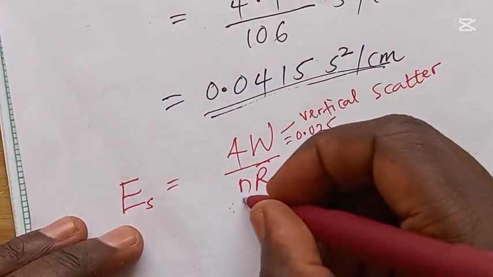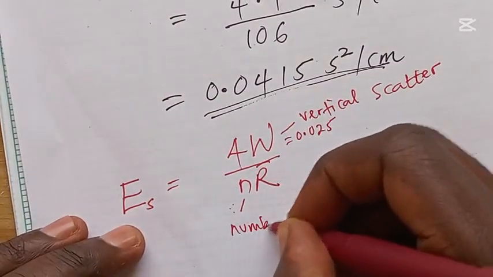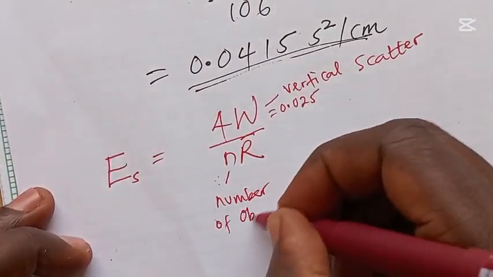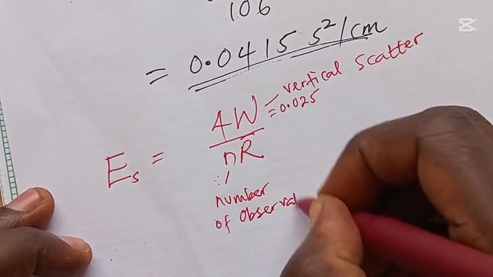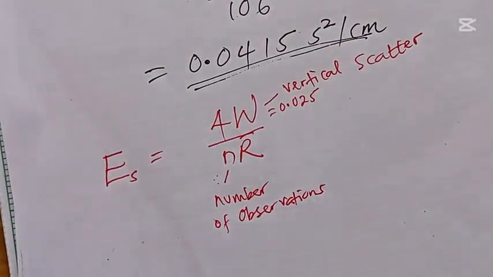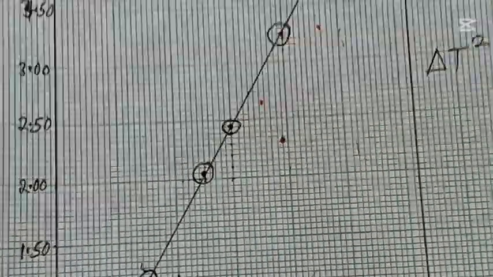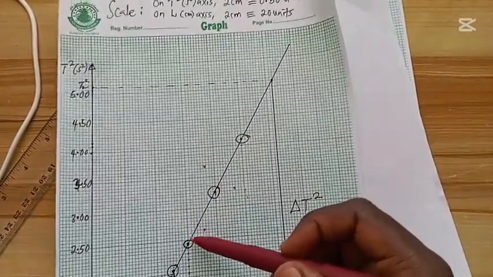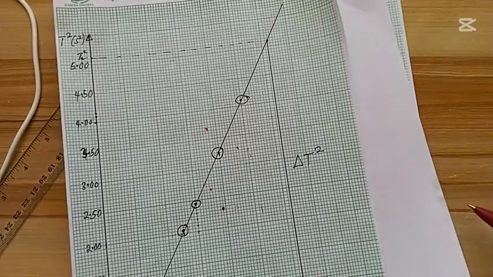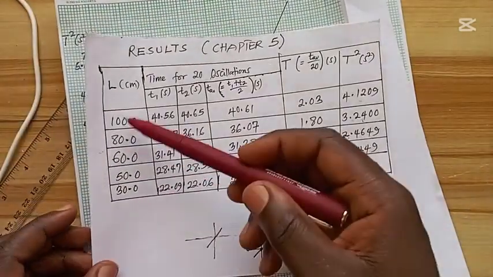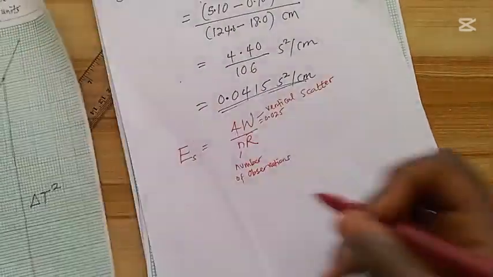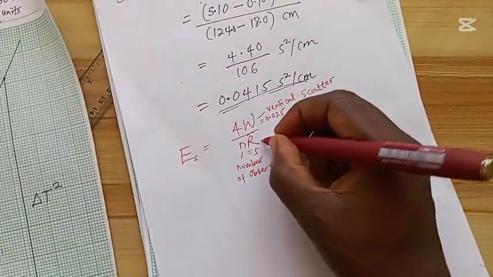Then what is n? n is the number of observations. From your graph, how many points do you have? You have 1, 2, 3, 4, 5, and you can also get that from the table of values. Can you see 1, 2, 3, 4, 5? So your n is 5. R is